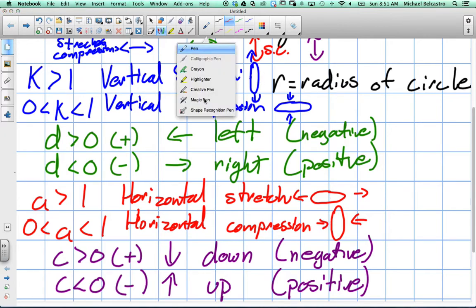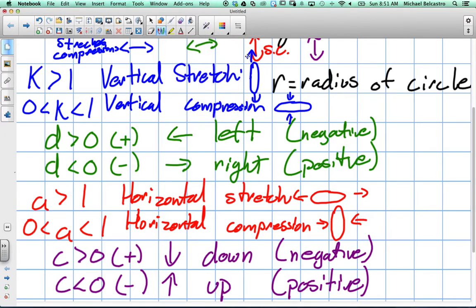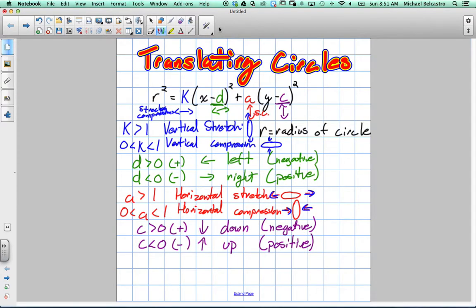So think of it again. For k values, greater than 1, vertically pulled upwards. And when they're between 0 and 1, we're getting vertically squished. When a is greater than 1, we're getting horizontally pulled outwards. And when it's between 0 and 1, we're getting horizontally squished inwards. Okay? So these are our rules for translating